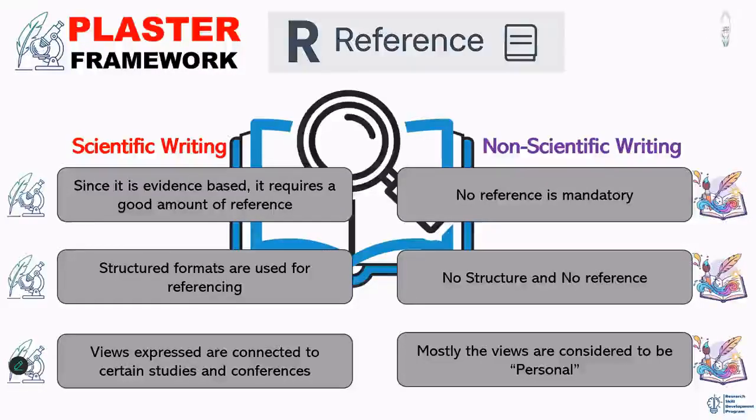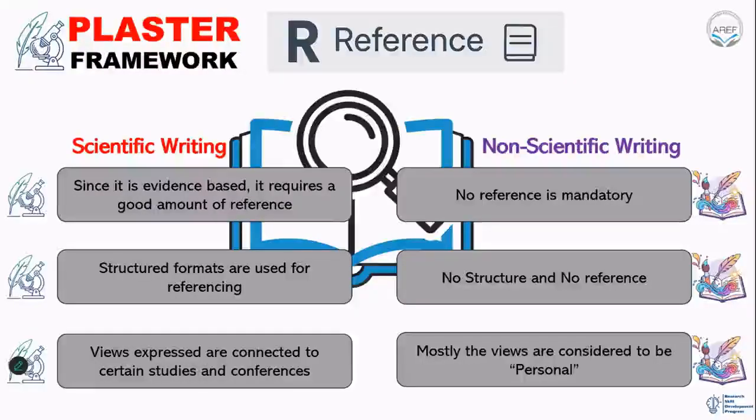If you have listened to something in a conference, and the conference proceedings are not available, you simply cannot use that as a reference point, because people will not have access to check in what conference and who the speaker was who made this statement. And if it is not available, then this reference is invalid. So all references must be traceable, accessible, and from a genuine source. Only then does it become a part of the references of your scientific work.